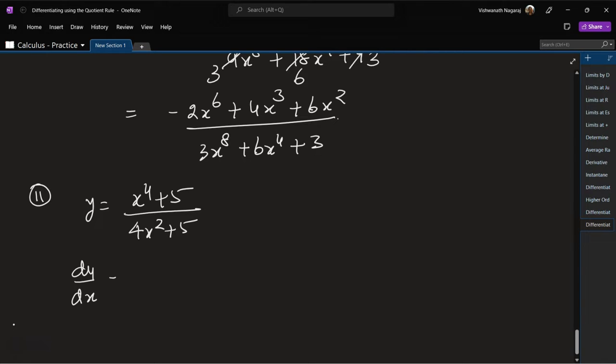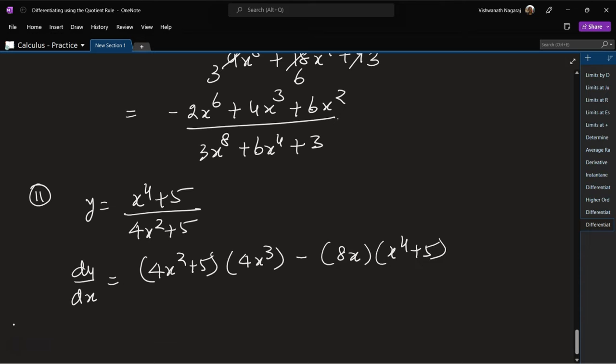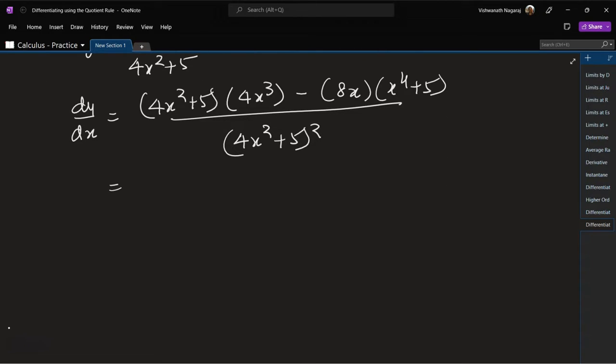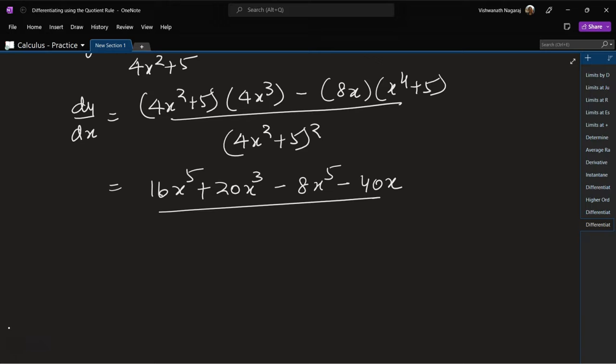dy by dx is equal to 4x square plus 5 times 4x cube minus 8x times x to the power of 4 plus 5, divided by 4x square plus 5 whole square, which gives us 16x^5 plus 20x cube minus 8x^5 minus 40x, divided by 4x square plus 5 whole square, which gives us